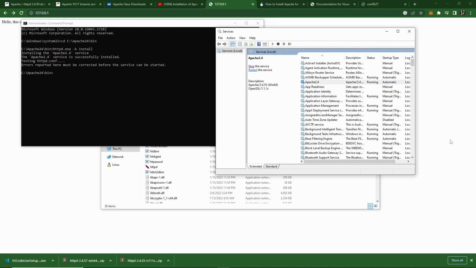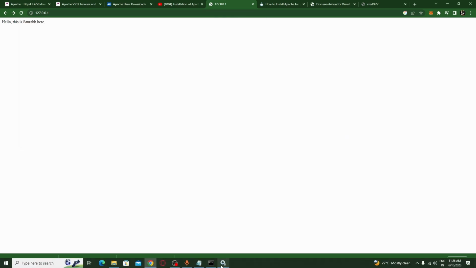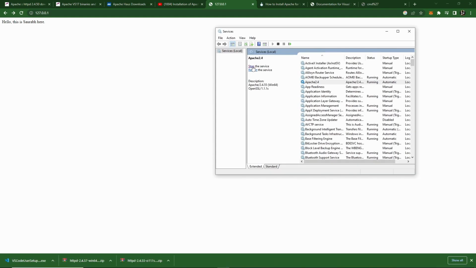Once you start it, now you can see that Apache HTTPD is no more started, but still you can see it on the localhost 127. You can see that hello, this is over here. My app is running fine. If I stop the service,